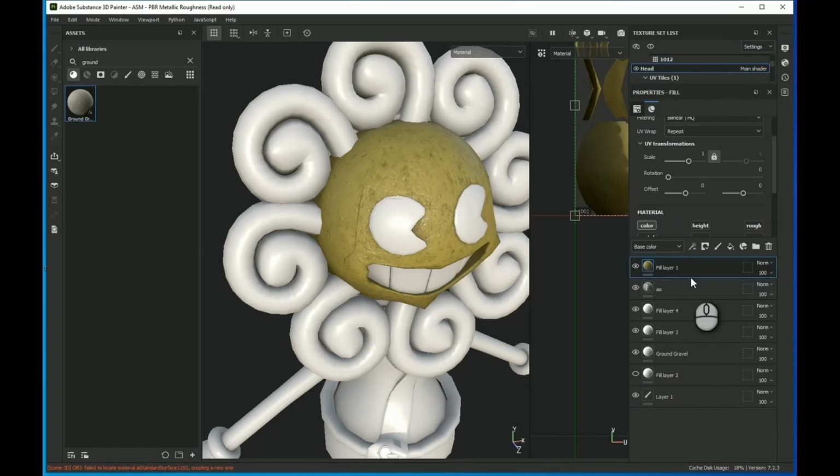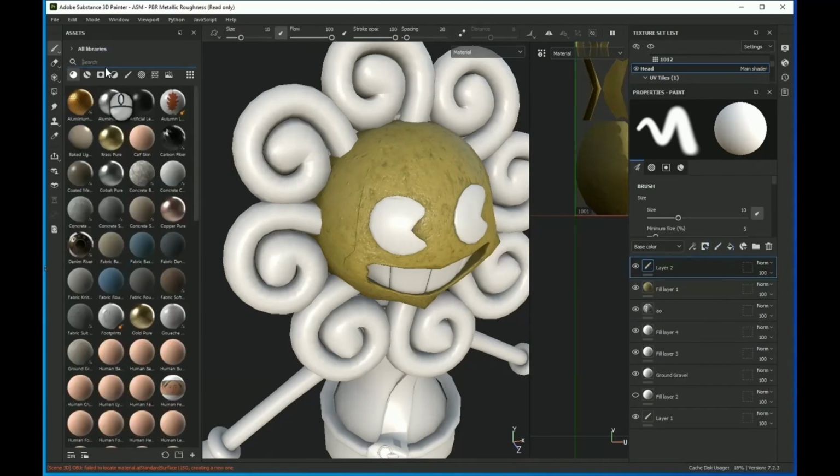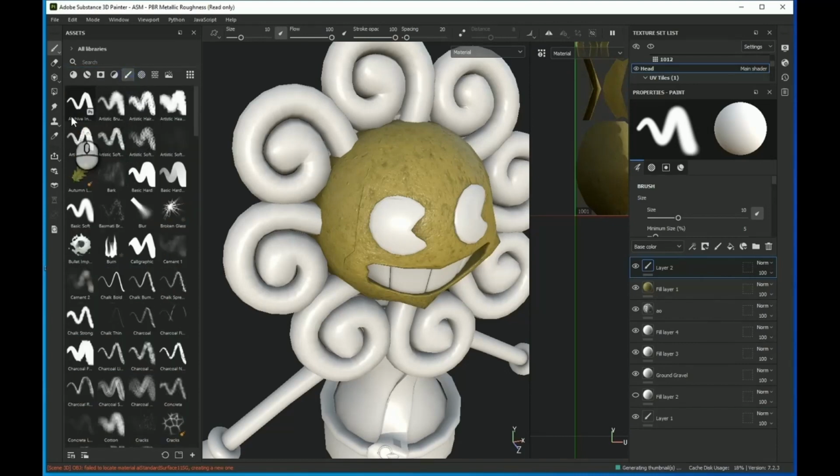Not only do you have fill layers, but you also have paint layers. By pressing this icon, you can add a paint layer. Then I'm going to go over here. I'm going to remove the word ground that I typed earlier, and I'm going to press this icon, and this is where my brushes are. So for example, I can select this brush,